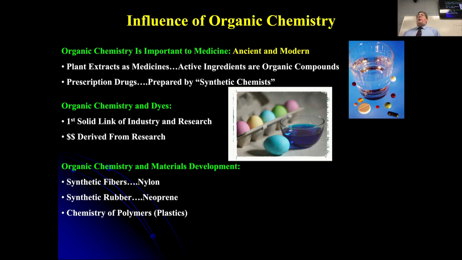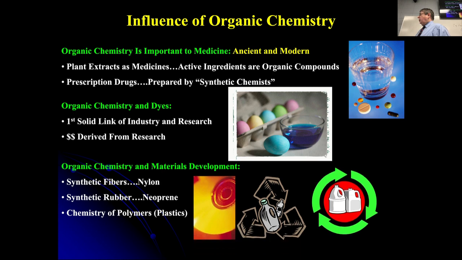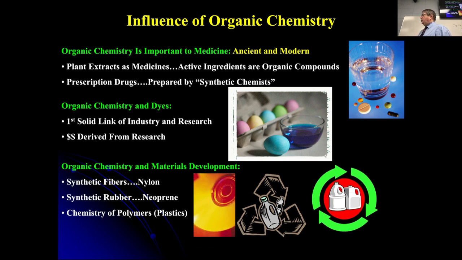You think about synthetic rubber. In the early days of automobiles, we had to decimate trees and harvest the sap of the rubber tree just to make one tire. We don't do that anymore. We make neoprene. We make synthetic rubber, okay? And then think about all of the other things that you all use, right? Everything from, you probably don't use CDs or DVDs anymore, but those are plastic, plastic milk jugs, plastic water bottles, plastic whatever, right? All of these things come from polymers, which are organic molecules.